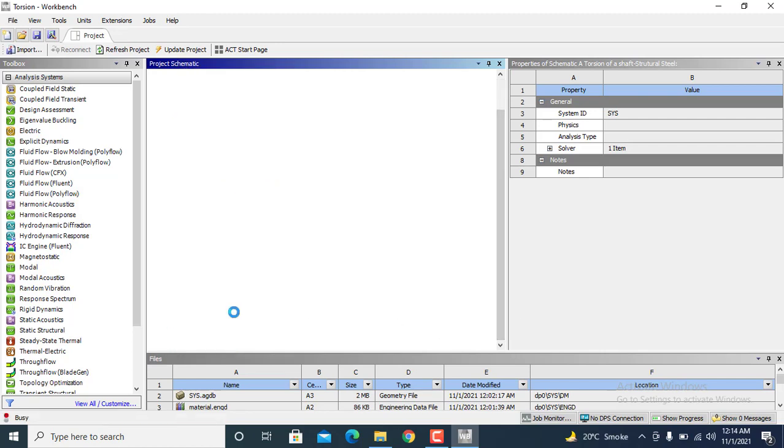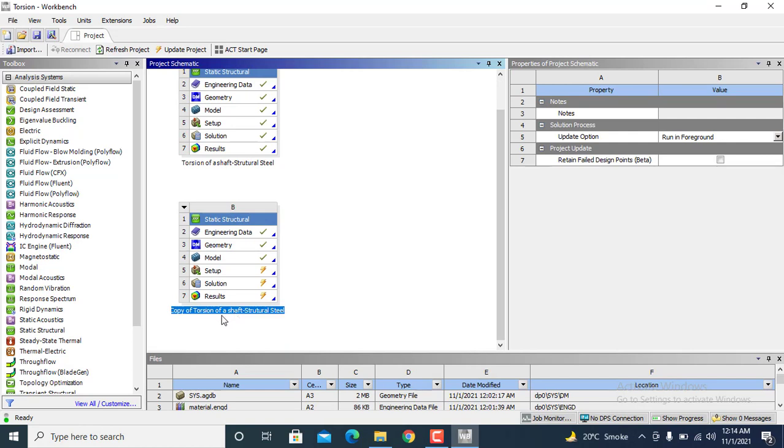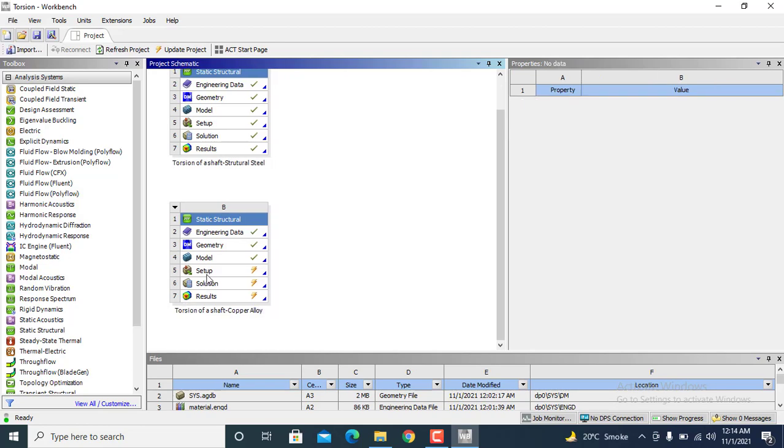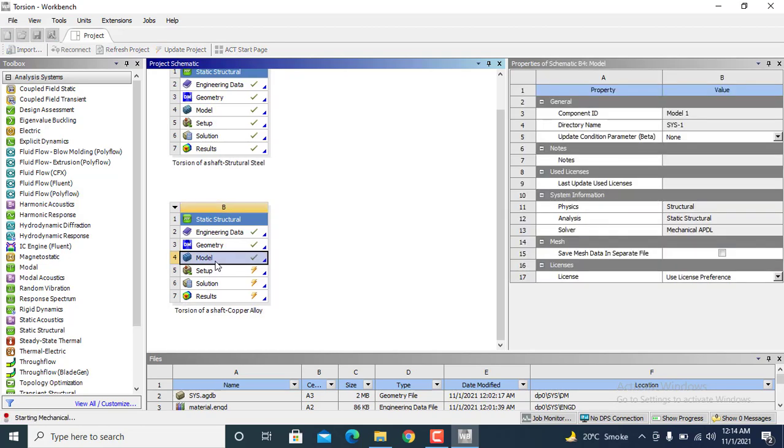We can rename this copied model torsion of a shaft for copper alloy. Press enter. We will go into the model tab where we just have to change the material selection.